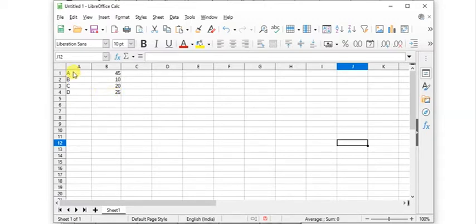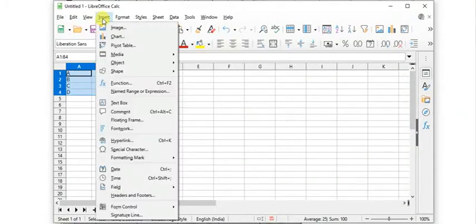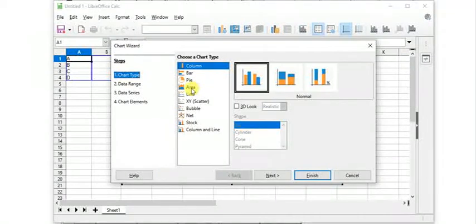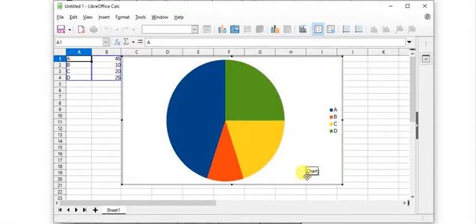Then the same process: you select the cell range, then insert chart and you now select pie chart. You just click finish, or you can have some options in these. So here you get the pie chart. So A is getting the maximum number of votes, you can easily see.